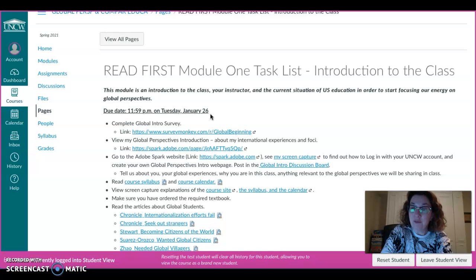Every module except this one is multiple weeks long though. So you'll have plenty of opportunities to kind of work on the readings and the materials.